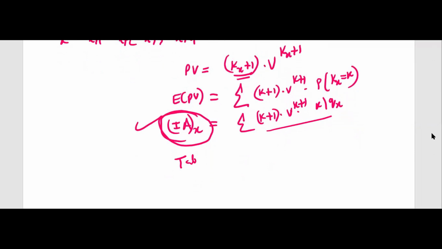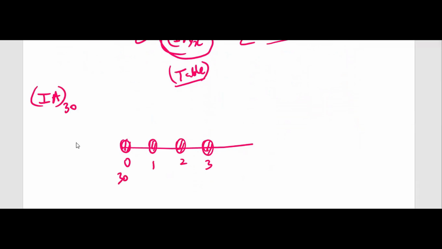So this you get from the table. Now this is for the whole life assurance. Suppose you get IA30. This means actually someone is presently 30,